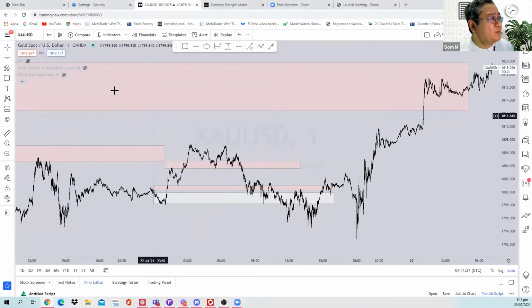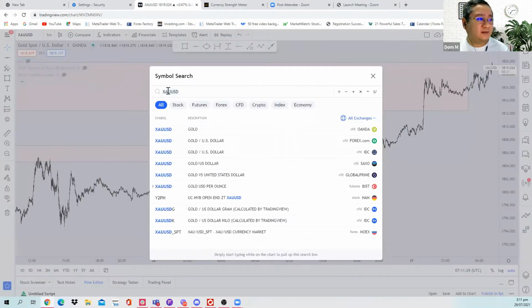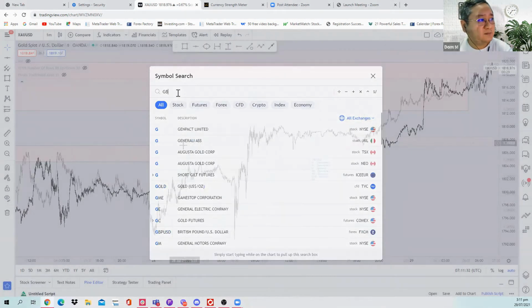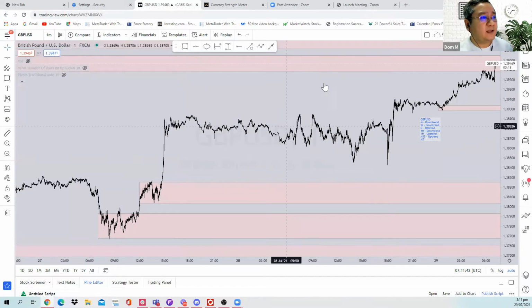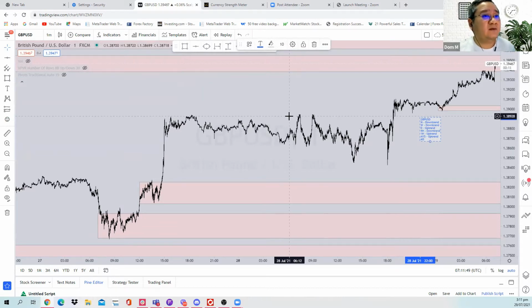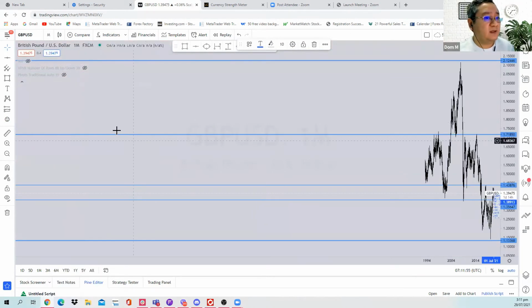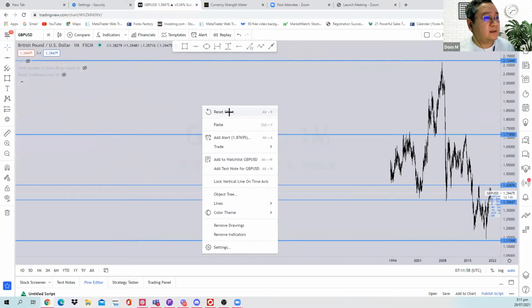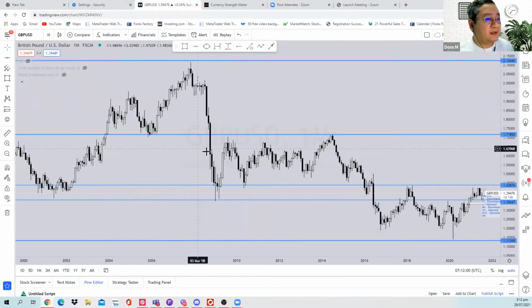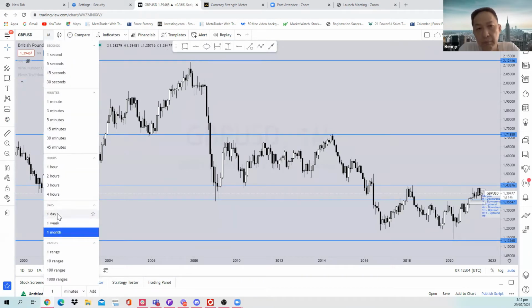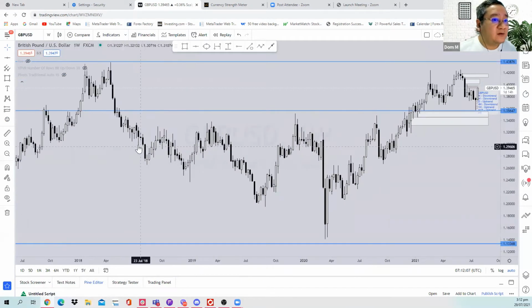So maybe we can go to, let's say, GBP USD. Basically, I do the top down analysis from monthly. First, establish the trend, right? So for example, for GBP USD, I see that from a monthly perspective, this is a downtrend, right? Going down to weekly, for me,